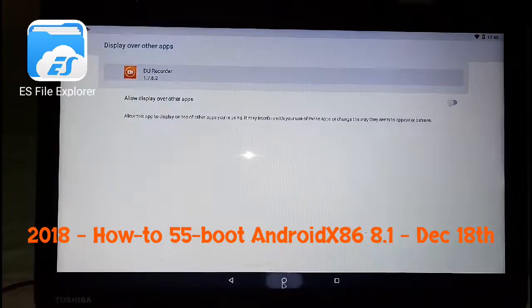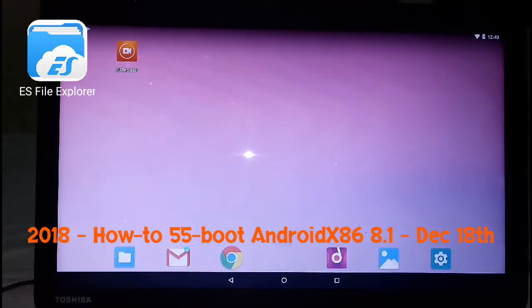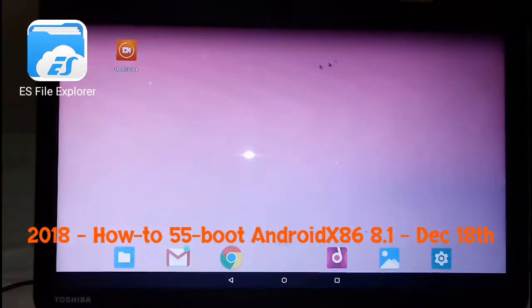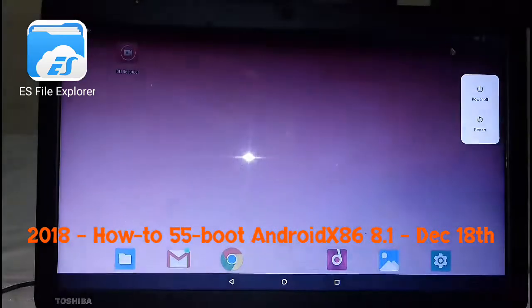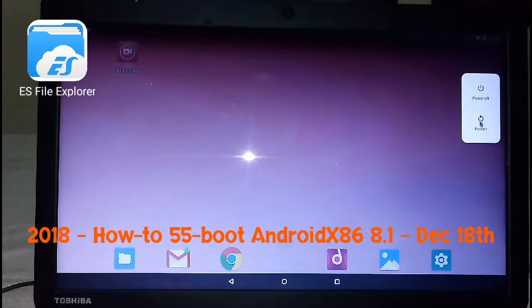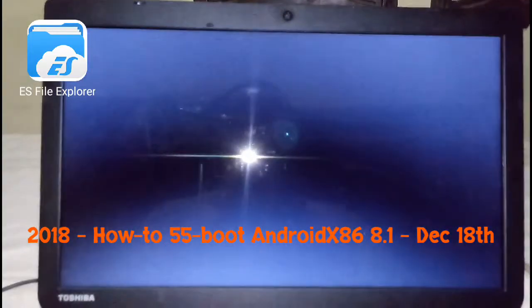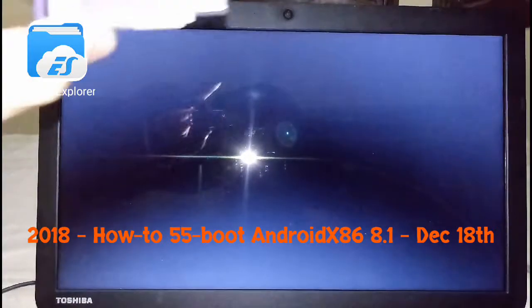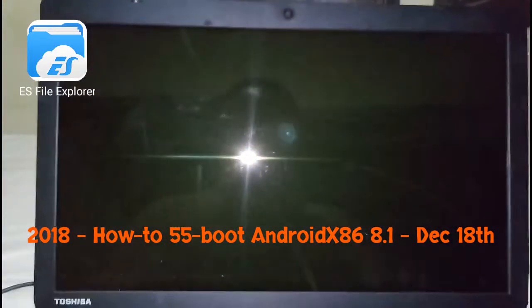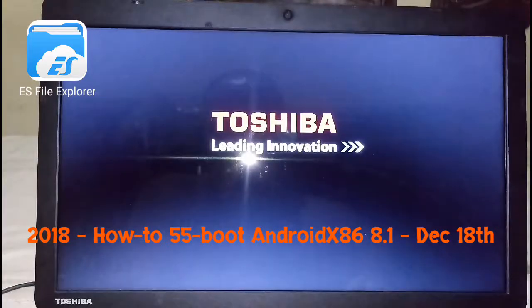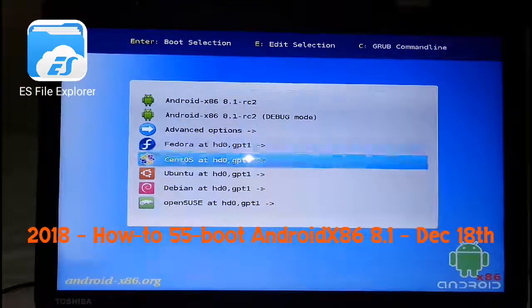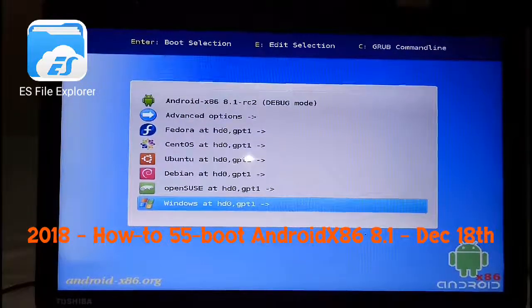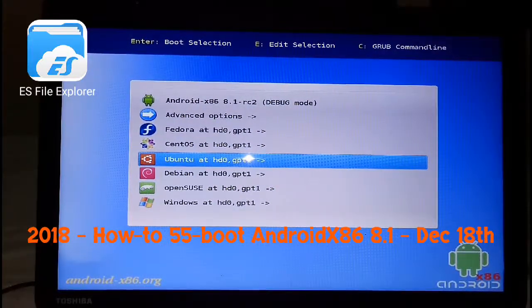Okay, I will set up this later. So anyway, I have Android. I'm going to boot to the other operating systems now. So I have to press the power button here, and then you see power off, restart. So I'm going to restart the computer. There is no flash drive here. It's going to show here Ubuntu, Fedora, OpenSUSE, Windows, but I'm going to boot to